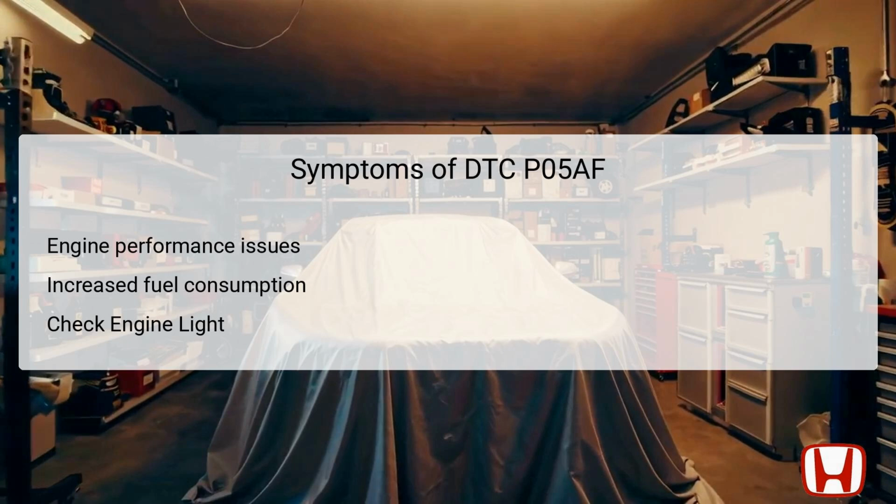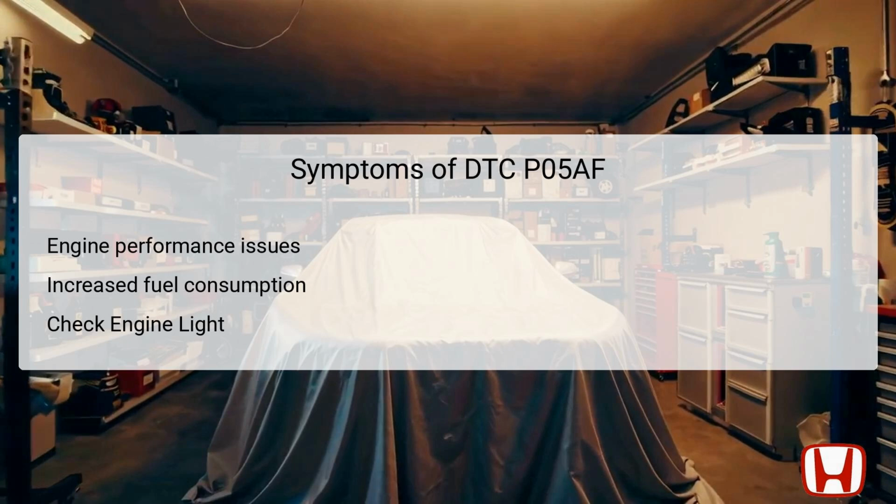Additionally, the vehicle may exhibit increased fuel consumption, as the shutter grille assembly is designed to optimize airflow and fuel efficiency. Another critical symptom to note is the illumination of the check engine light, signaling that the engine management system has detected an irregularity. Understanding these symptoms is crucial for pinpointing exactly where the problem lies, enabling faster and more